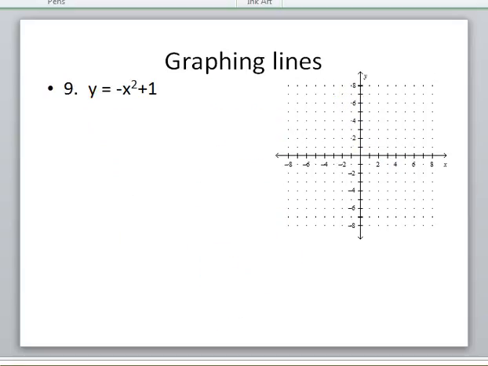Last example is a quadratic. What I end up doing is I want a t-chart on this. I will place negative 2, negative 1, 0, 1, and 2, so that way I make sure and get a u. I probably will not get through this one. I'll have to finish this up on the next video. So I'm actually going to stop at this point. I will continue on in the next